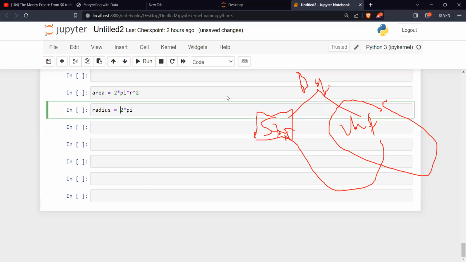Look at it now. This is the area, we know the area. Pi is a constant.